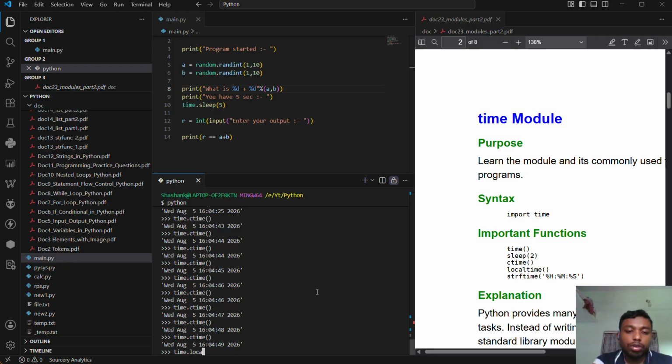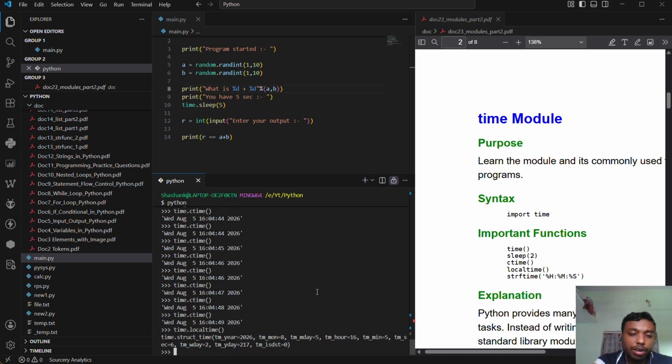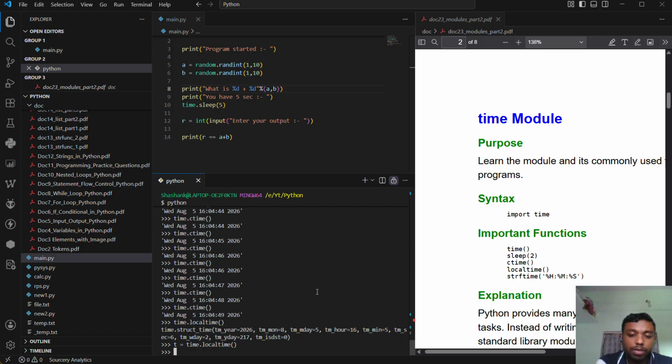Now the next one is time.localtime. Okay, now let's try to print this. Okay, so it is returning a structure. It is an object. So what you need to do is, like, we are going to set t equals time.localtime. Okay, now what we need to do, now I am going to use t.tm_year,